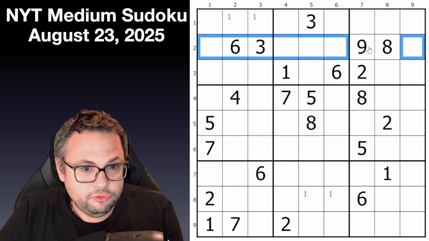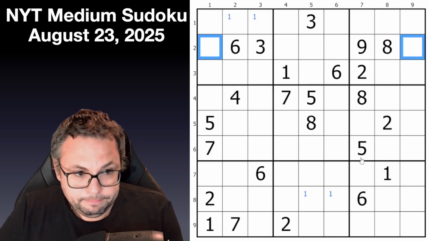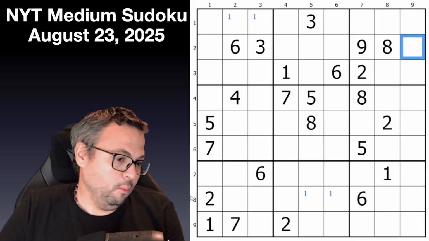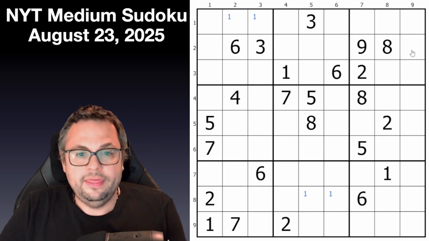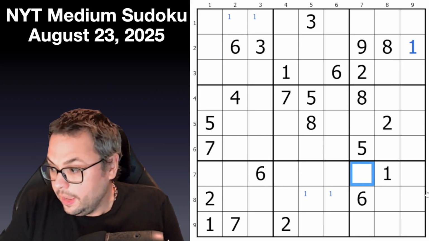Sorry, this keeps jumping on my highlighting. And so one of these two is a 1, but it's not that one, because that one's in a column with a 1. And therefore, this is the one for row 2. Okay. Now,